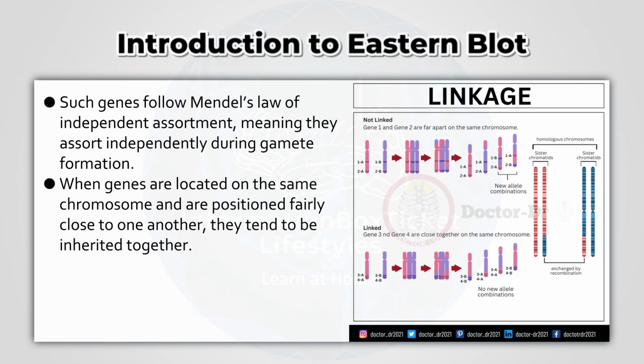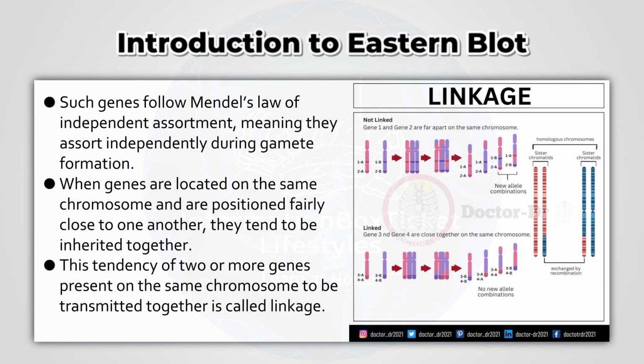When genes are located on the same chromosome and are positioned fairly close to one another, they tend to be inherited together. This tendency of two or more genes present on the same chromosome to be transmitted together is called